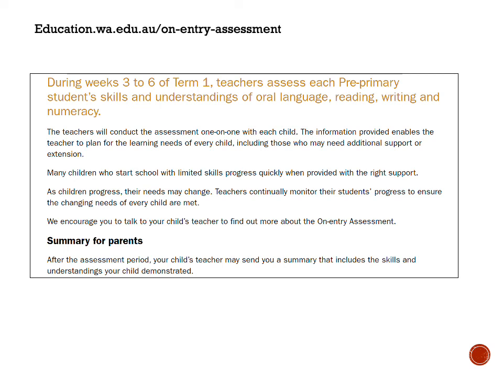If a child is pretty much on average at the on-entry assessment, but then by the end of year 1, they're performing well below average, that would be a reason for us to look at and intervene, and would need a lot more observations to be able to see what's going on. So if we think about our assessment, we go back to our idea that our